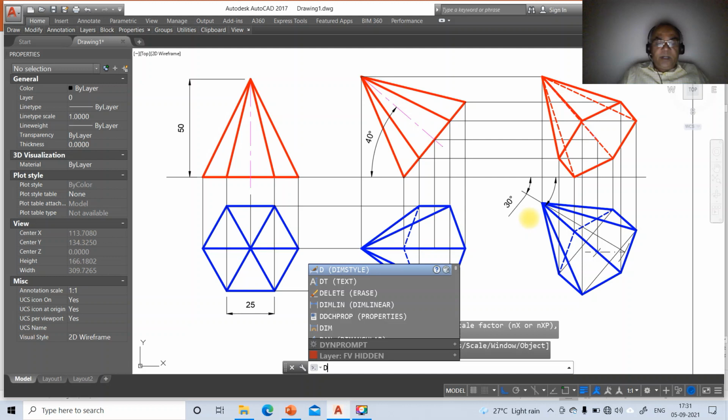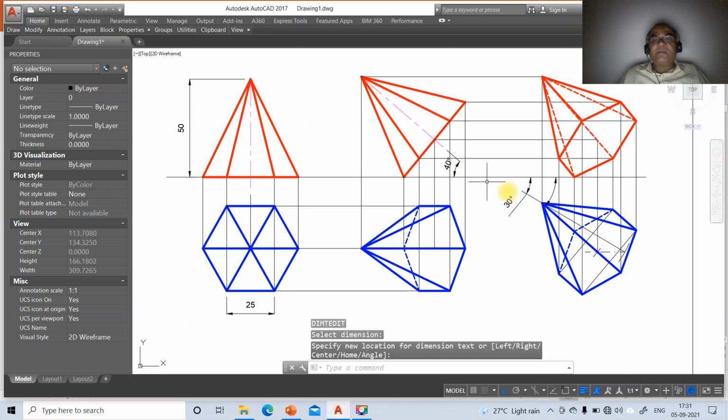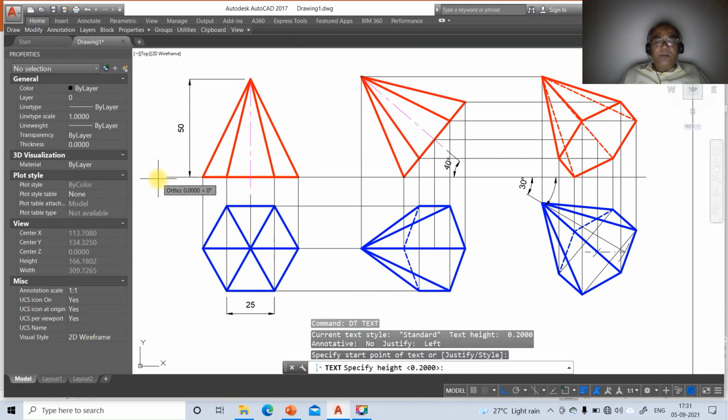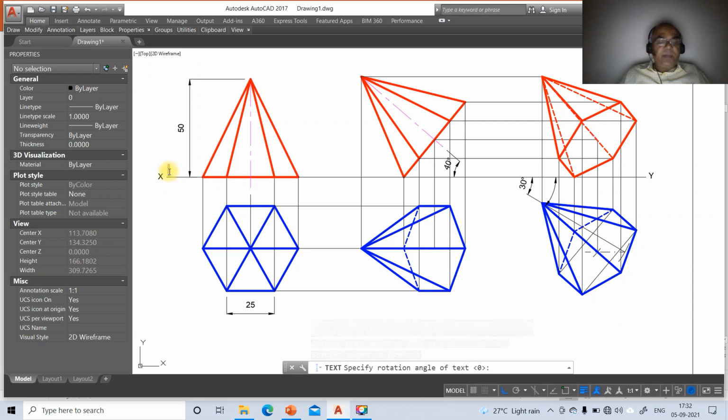So once you do that, so now you come down to this, then go to dim, TED, extended dimension, you select this and you keep this as 40 degrees, so you keep this as 30 degrees. Now you just go to the text, select this point, take the height as 30, so this is X and this as Y and this as VP and this as HP and this as small a and this as B and this as C, D, E and F and this as A dash and this as